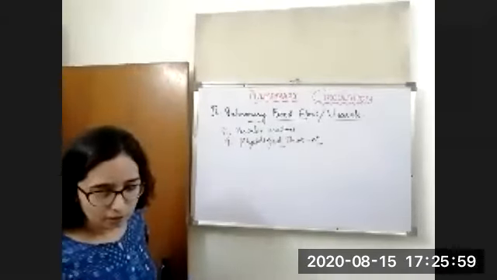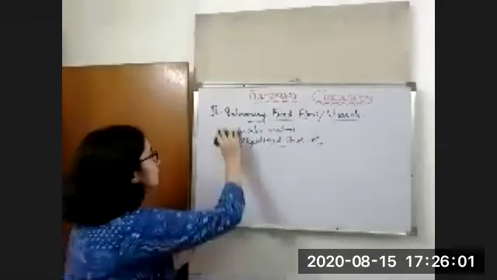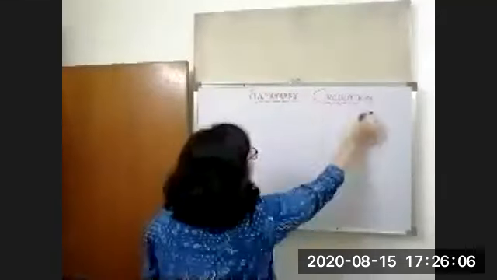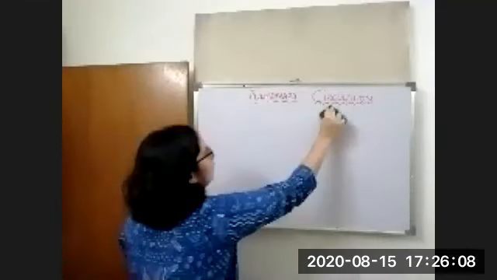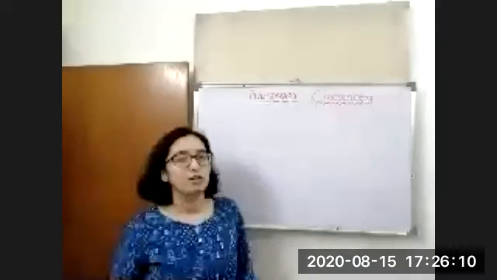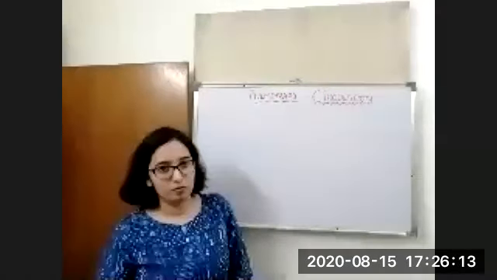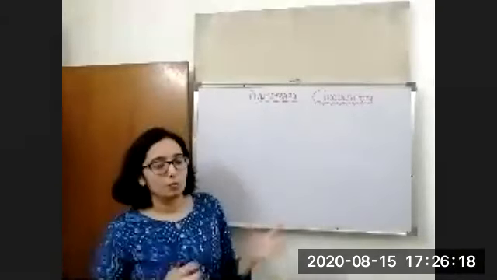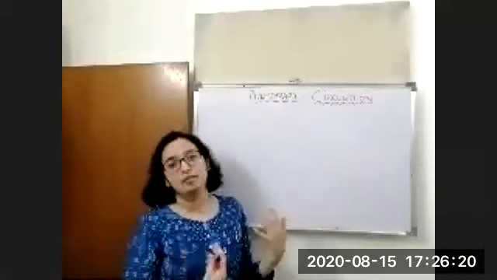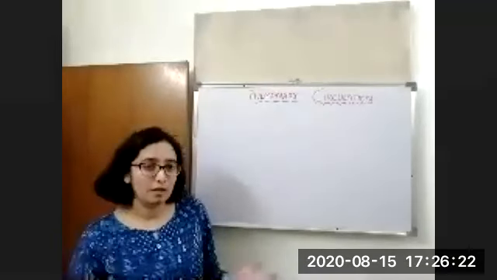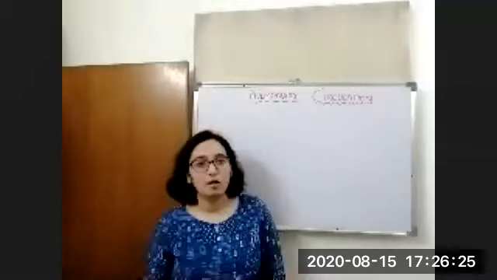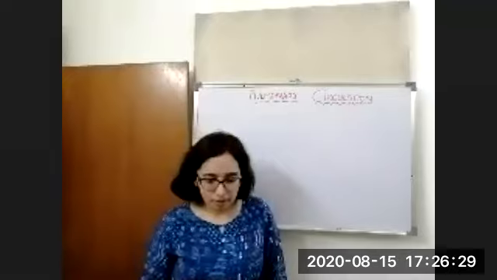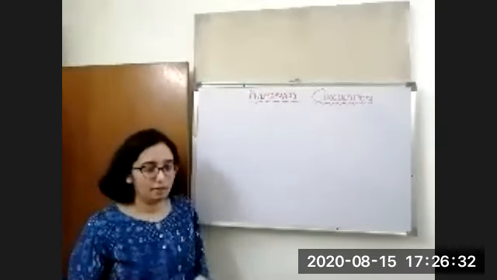Now you have one question. You have to tell me what are the layers of the vessels and what are they made up of. I will tell you there are three layers present in the vessels, the arteries and the veins. They have different names and they are made up of different material. So you have to tell me what the layers are and what they are made up of in the comment section. Okay.